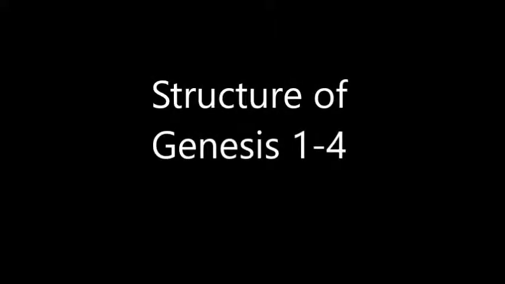While it may seem that the Genesis 1 through 11 account is a matter of chronology, it doesn't take very much exploration to realize that the first two chapters present two different versions of the creation of the universe. So what we have to think about as we look at this whole section is, what kind of literary structure does it present, and how does that help us understand what the narrator is trying to convey?